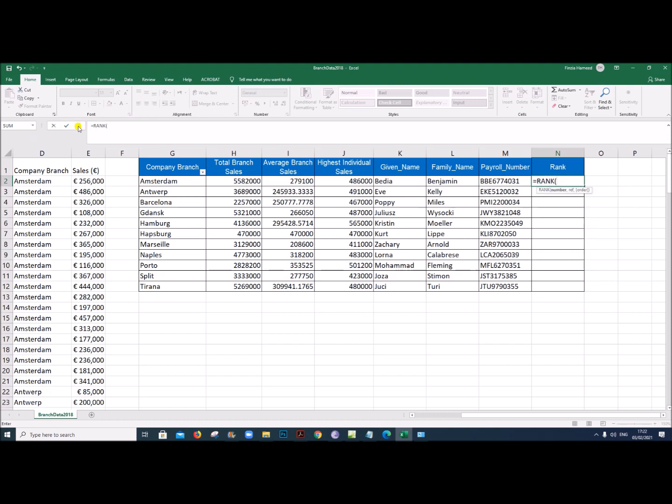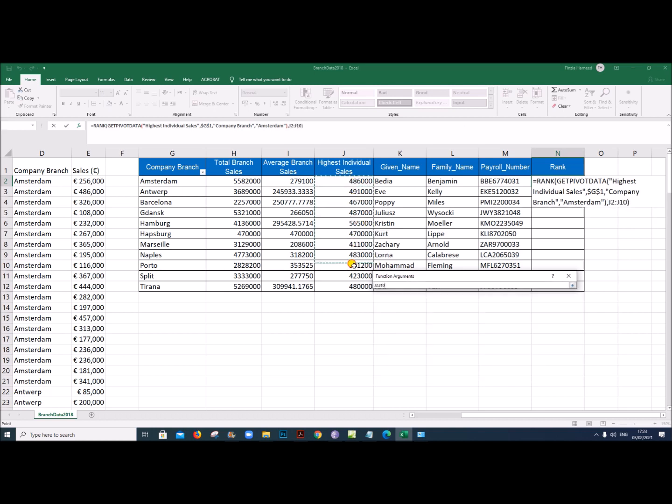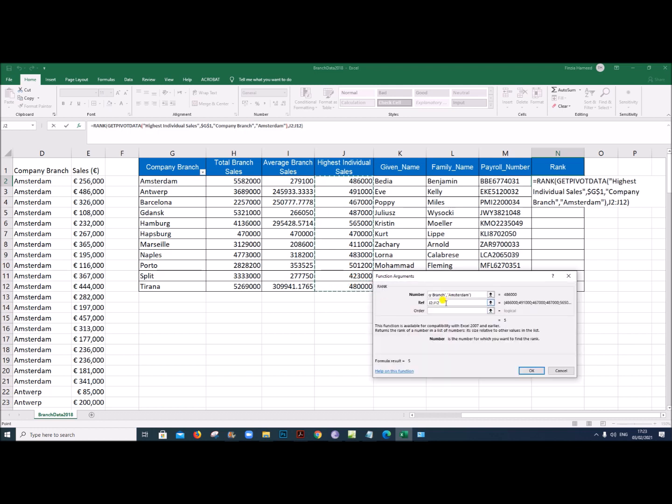The format is the number for which we have to find the rank. So this is the number, and reference is the column from which we have to find it. So the column is this one.